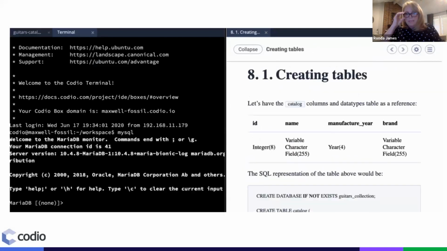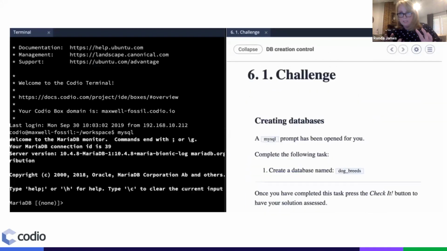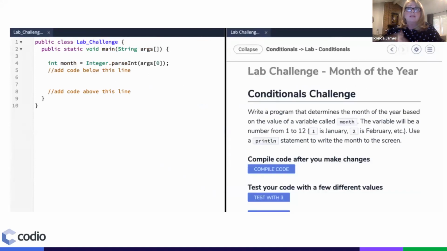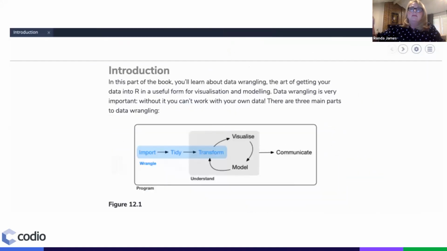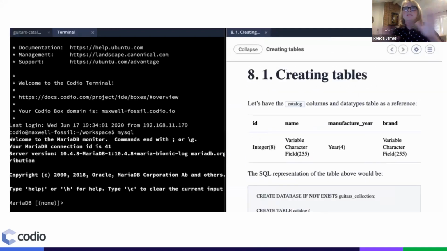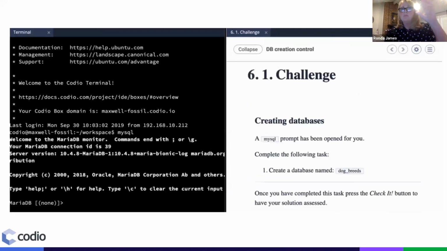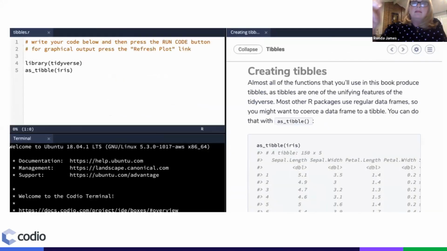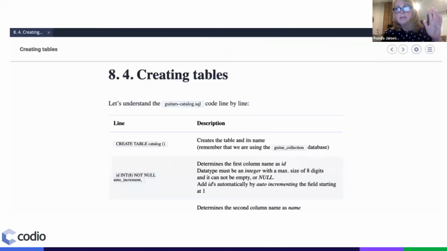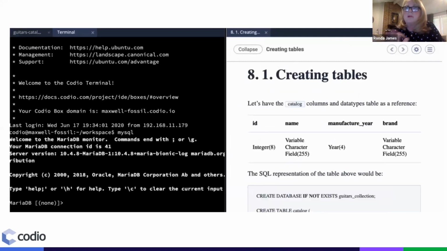So what does that look like? Here is just an animation of Codio in action. On the right, you'll see we have what we call a guide, which is basically the instructional portion. We have multiple windows that you can set up however it works best for you and your students. We have a coding box window, and then in black, you'll see we also have a terminal window that you can add depending on how complex you want to get and what you're trying to achieve. Completely flexible, but it is a real world programming environment.